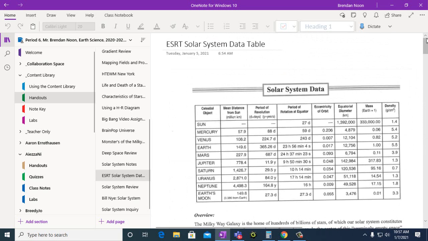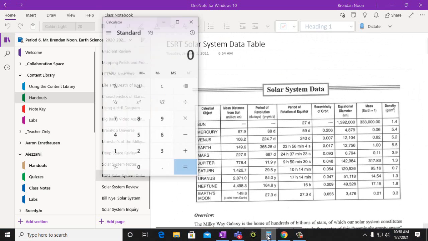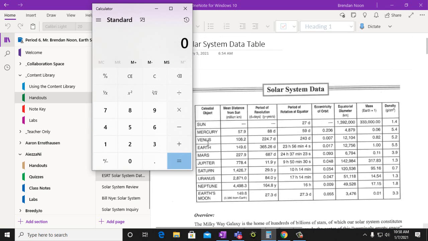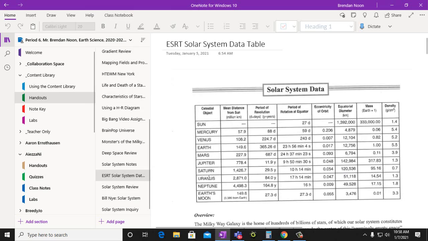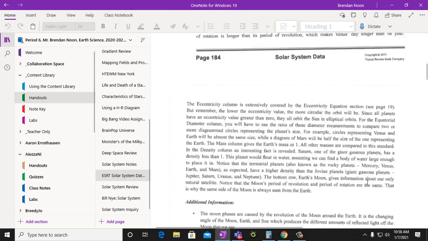All right, so get our little calculator out, and we have Earth's diameter, 12,756, times 10 equals, let's see, we're looking for something that's 127,560. Oh, right here, 120,000, Saturn. So our answer,